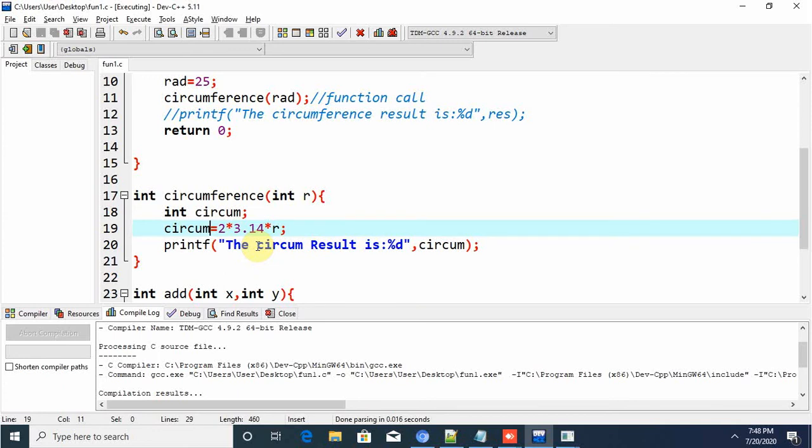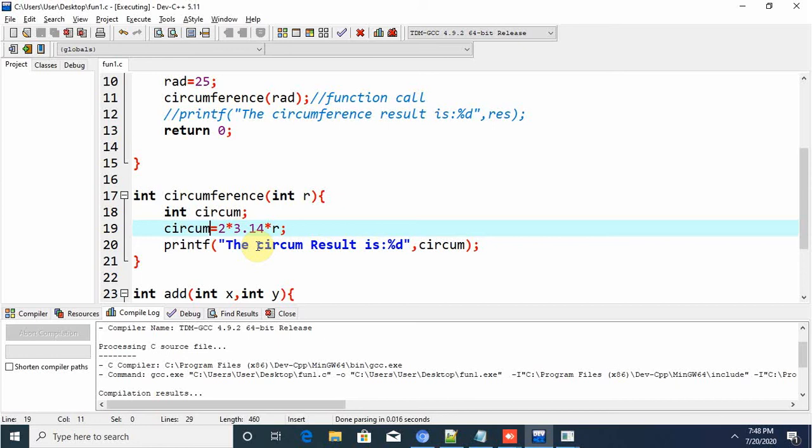I need that value in my main program, because I'm going to add a value 50 to that 157, which means 157 plus 50 I'm going to do now. I want to get that result.